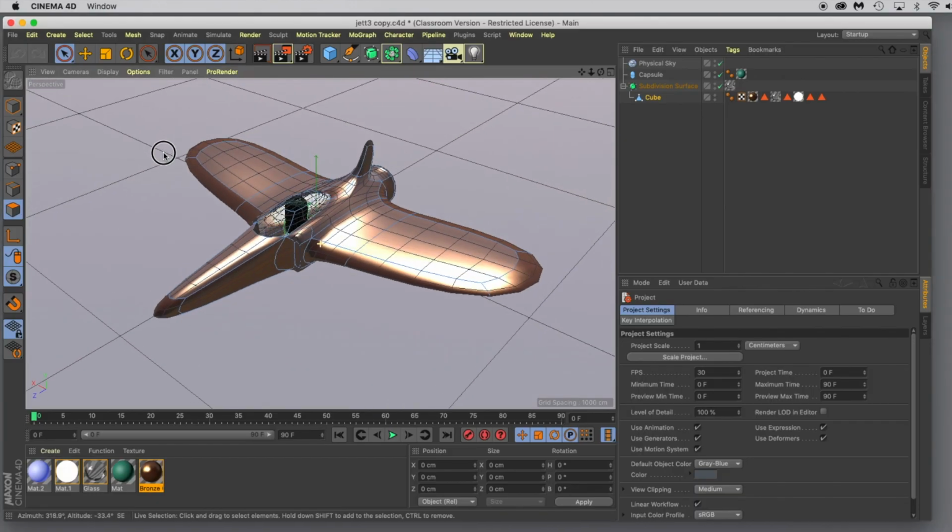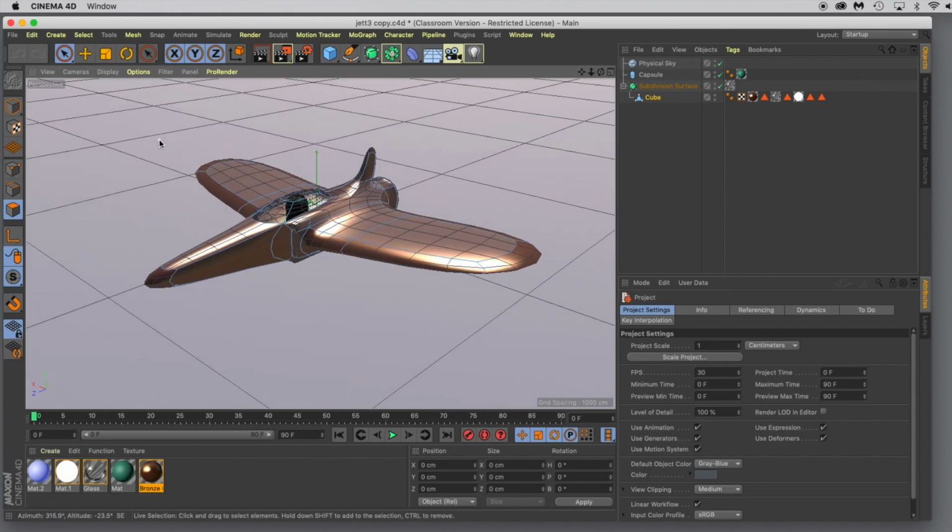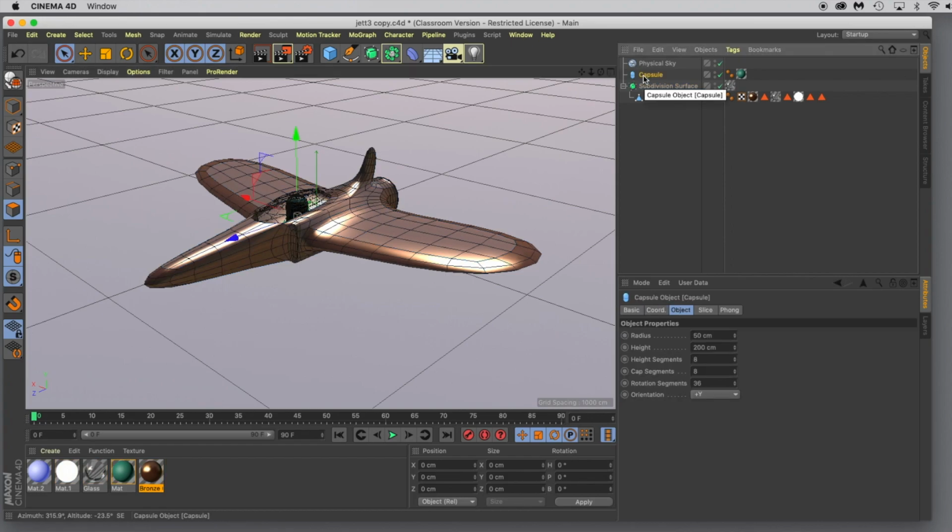So we have our jet design finished and we've added some materials, but let's go ahead and finish up the look of the jet, and we'll get a quick render out of this and then prep it for our animation. So the first thing I'm going to do is get rid of this capsule, and I want to replace